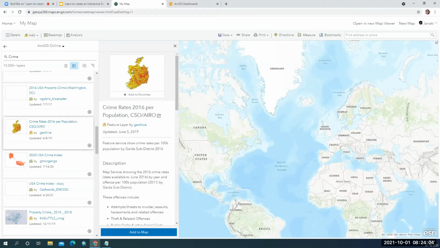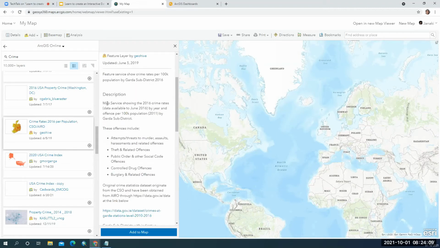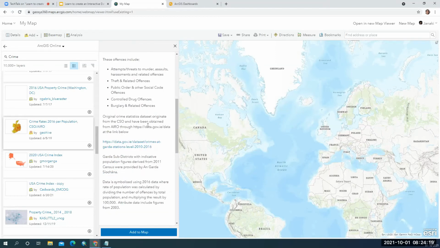Here it is showing a particular country, and can you see here? This is basically a map service which is showing the crime rates in 2016. The offenses include attempted murder, threats, assaults, harassment related offenses, theft and related offenses, public order and other social code offenses or violations, controlled drug offenses, burglary and related offenses.